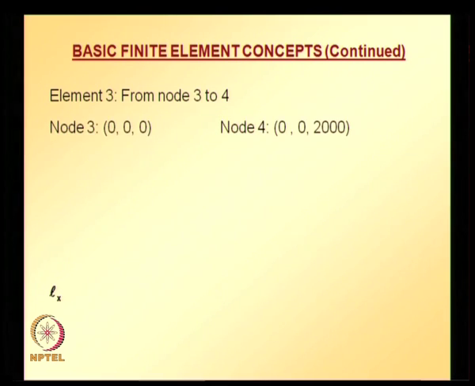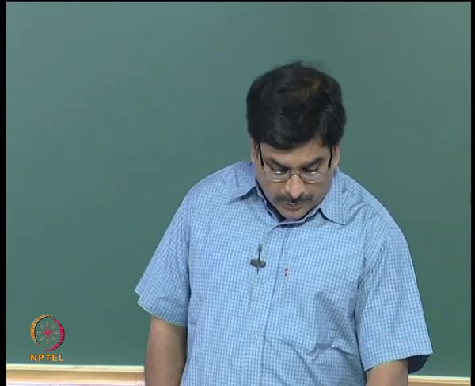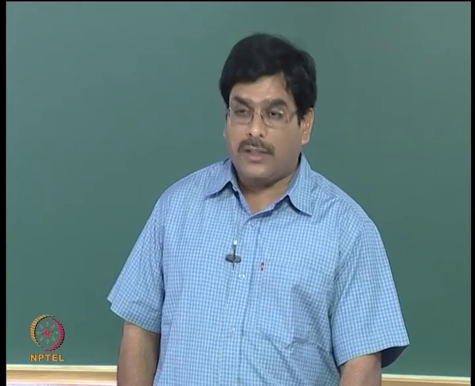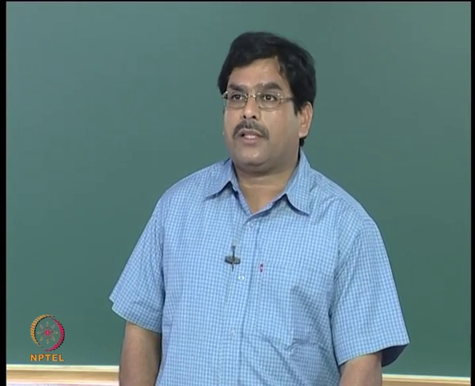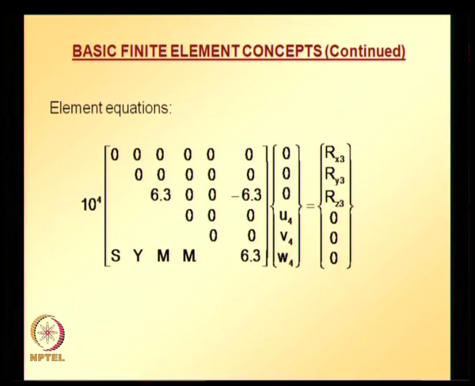Similarly, we can assemble the equation system for element 3, which goes from node 3 to 4. So, local node 1 is global node 3, local node 2 is global node 4, and we can calculate dx, dy, dz and length, and we can calculate direction cosines, and we have the material properties and geometrical properties. Using this we can calculate the element equations for this particular element, and now we have the elemental equations for elements 1, 2, 3, and now we are ready to assemble the